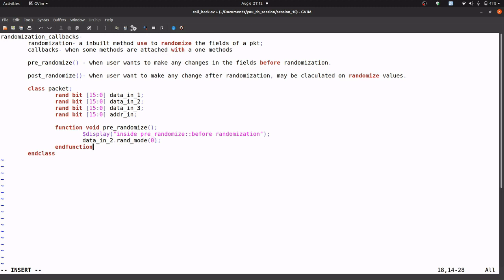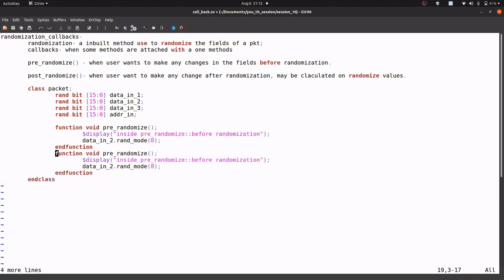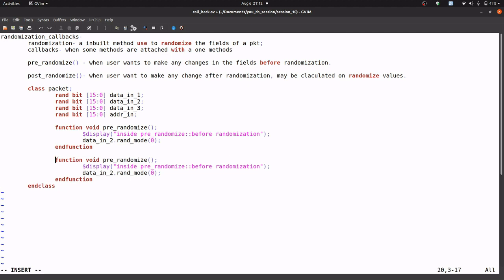After that, let's write another function, and this is post_randomize. After randomization, in this function we want to make some final changes.